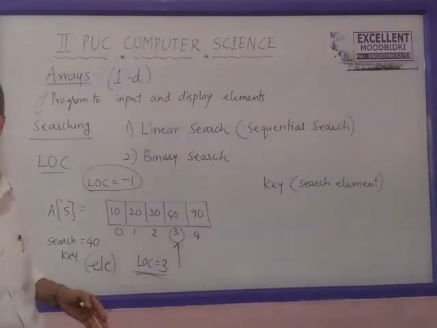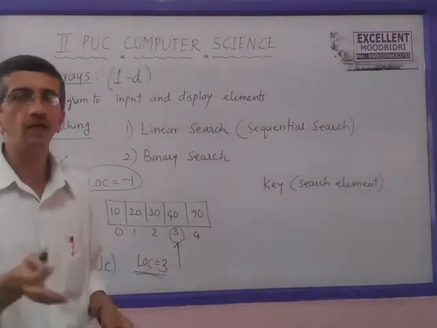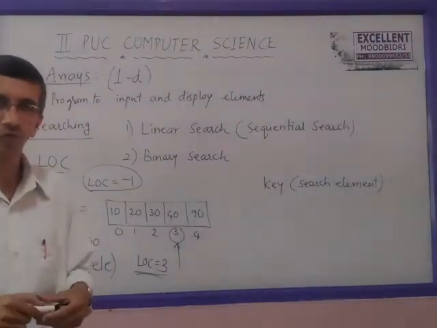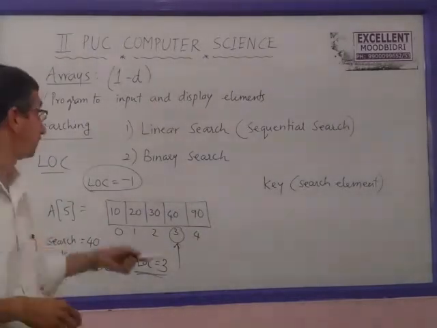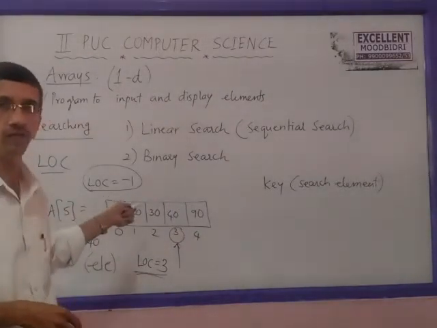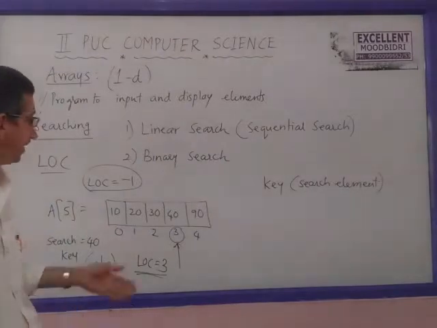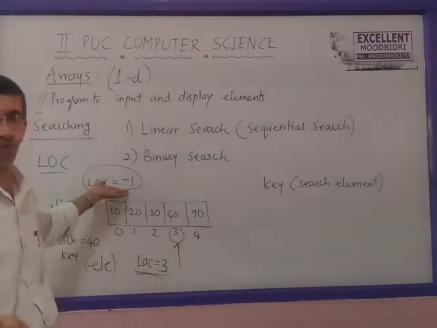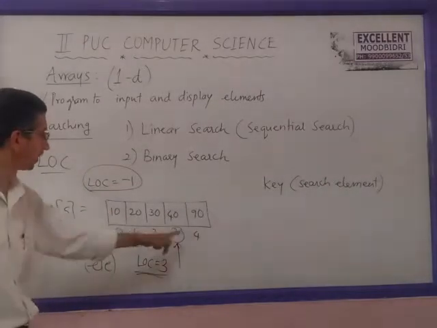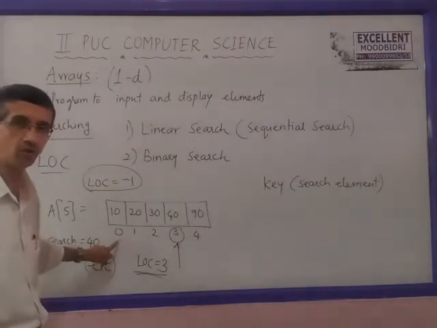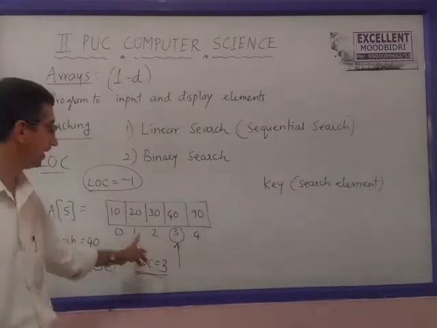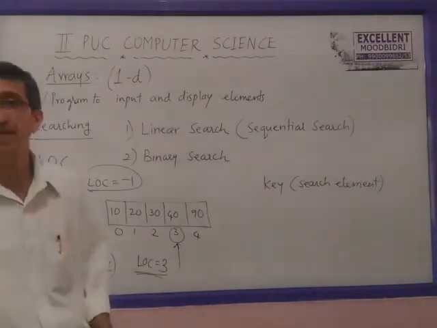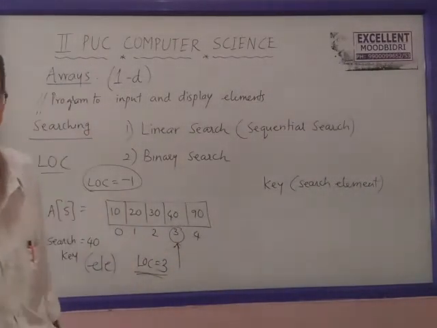So even to display the output, we can have an if statement to check the value of location. In case it is -1 only, we can display it is not found. And any other value other than -1, if it is 0 or more, starting with 0, any index more than or equal to 0, it is found at the given location. So that is how we can display. Now let us write the algorithm for this.